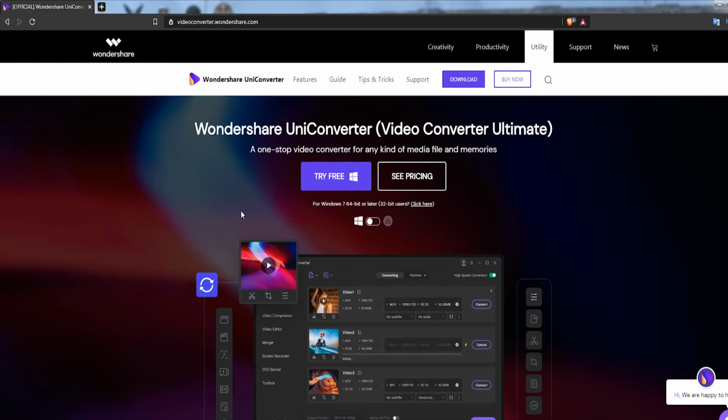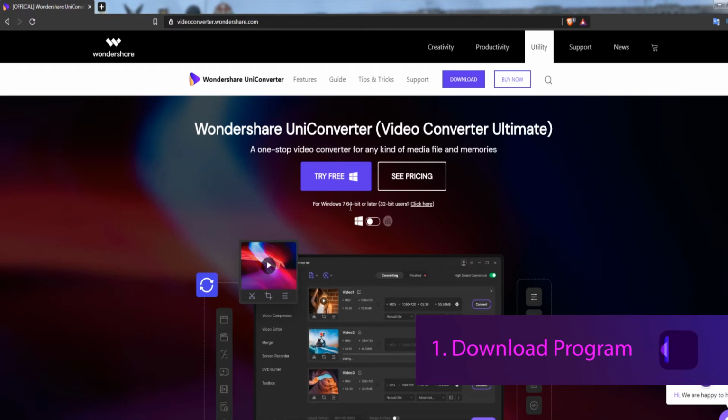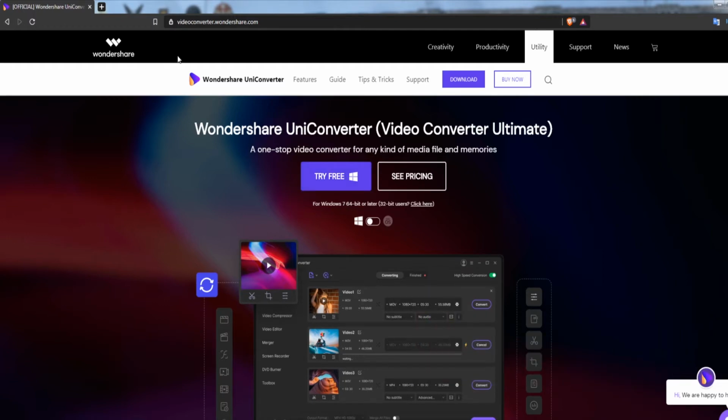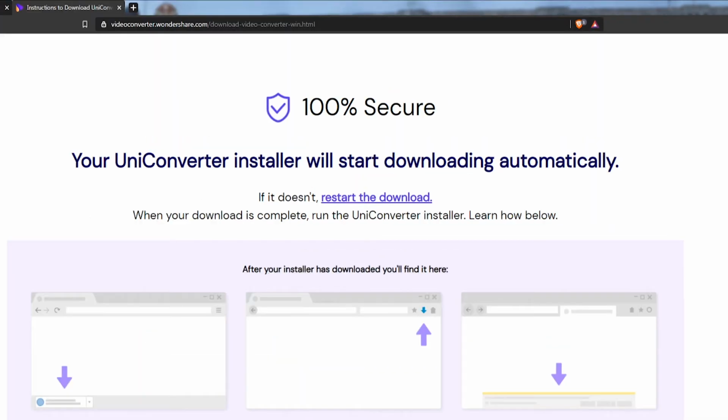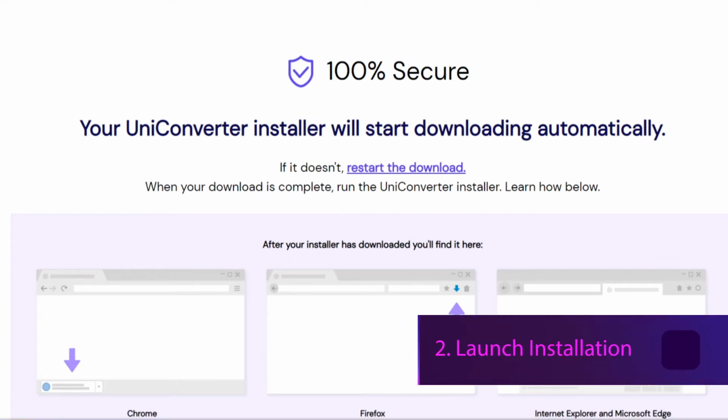varied instructions to this. Step 1 is to download the package to be able to install the program. Once you've Googled or searched for Wondershare UniConverter and arrived on the site, you can go ahead and try it for free. And as you can see, it should start downloading automatically. You can enable the download, and once it's complete, we can move on to step 2, which is to launch